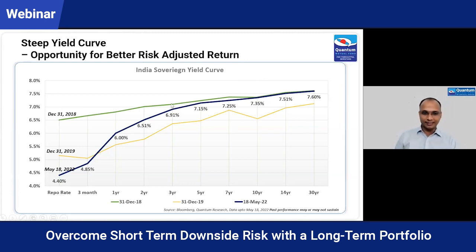So now the idea is that when RBI actually hikes rate, probably this part of the curve, the 3-month, 6-month, this part of the curve will move up very fast, but we may not see that kind of reaction at the longer end of the curve. So there will be some reaction, but it may not be that significant. Now that offers some opportunity. Here we find some risk reward balance. See, bonds won't be immune. There is a lot of uncertainty, but we still have some high accrual at this point of the curve, around 3 to 4 year maturity, which is already at a significant spread over the repo rate.